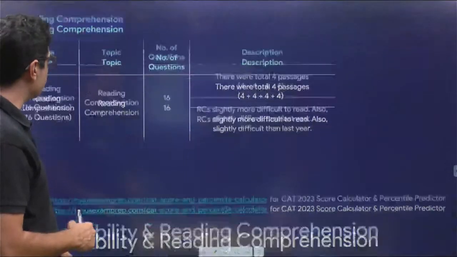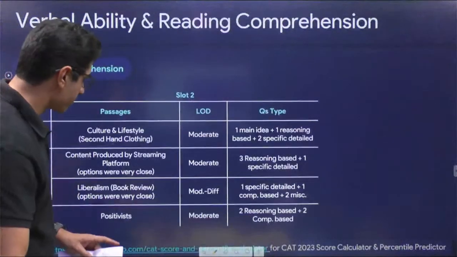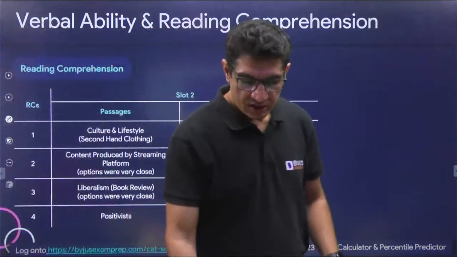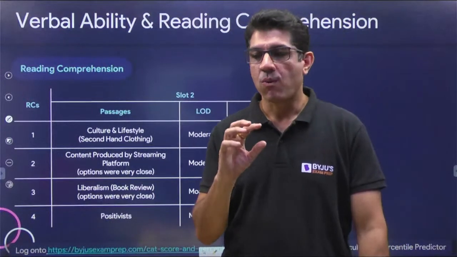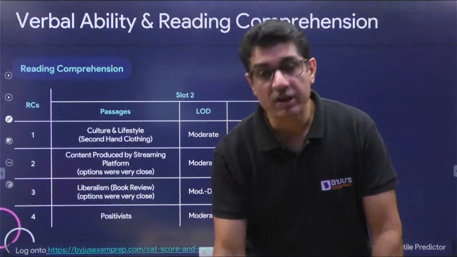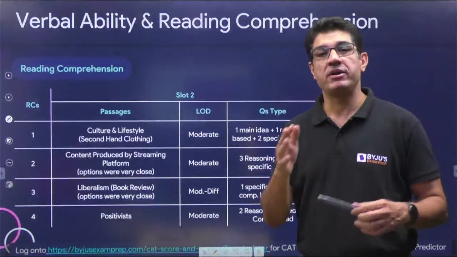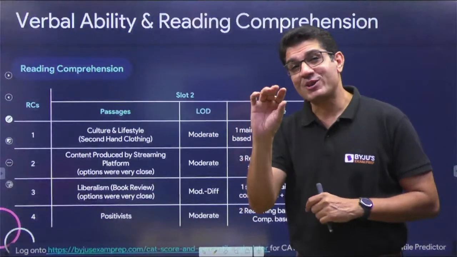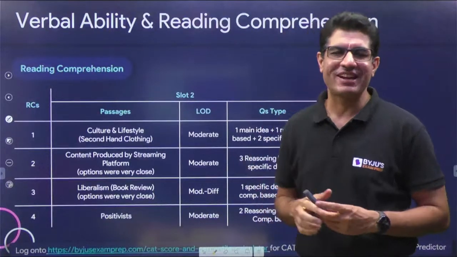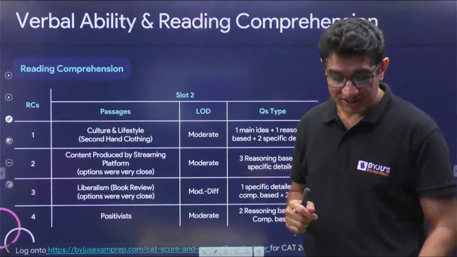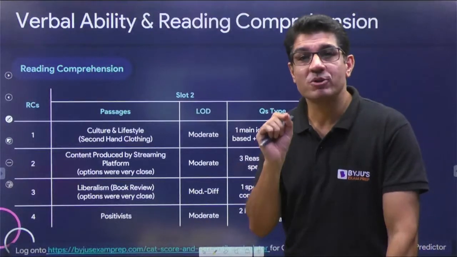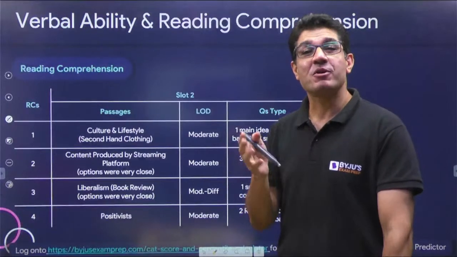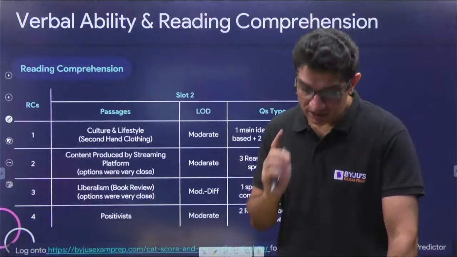Now, if you dive deeper into each one of these passages, we had this passage that talked about second-hand clothing, easy to read. It said that there's this consumerist culture and we are moving towards new things. It's harmful for the environment, so there's a shift towards using those vintage or second-hand clothes. But then the author took a turn that you would generally not find in such passages: is this shift to second-hand articles really all that environment friendly? And he went on to talk about the issues with those second-hand clothings.